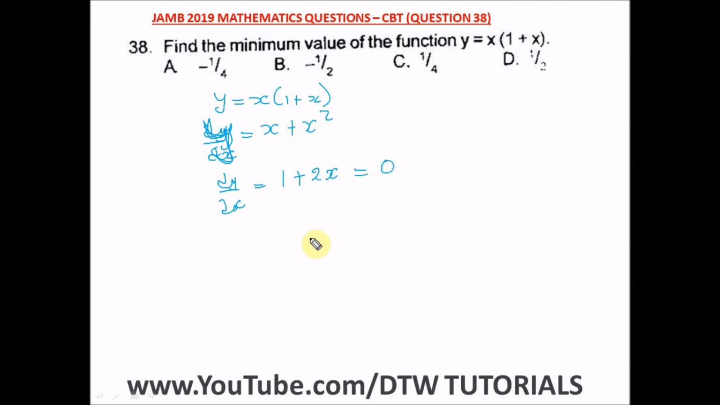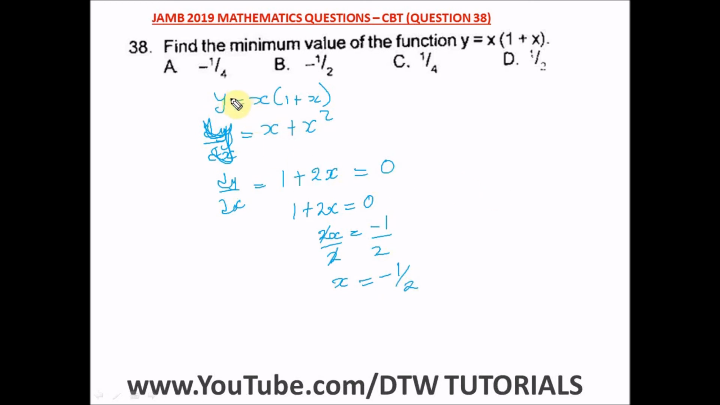So let us find our value of x at the minimum value. So from here we have 1 plus 2x is equal to 0, and here we have 2x is equal to, take 1 to the other side, we have minus 1. Then let's find our x. We divide both sides by 2, so we have x is equal to minus 1 over 2. So since we know our value of x is minus 1 over 2,